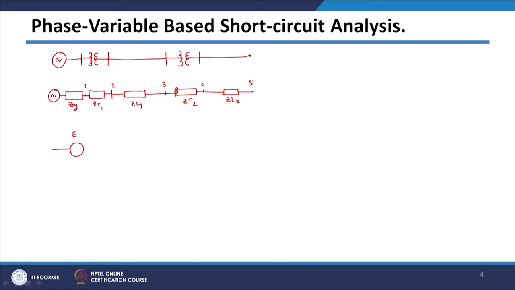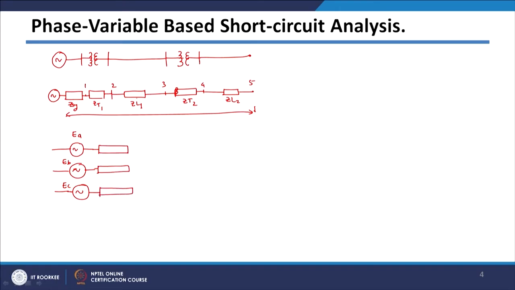So, you have this, say, EA phase, and this is your EB, and this is your, say, EC, 3 sources of 3 phases. Then up to wherever the fault is occurring, that much impedance will come into the picture. So, if the fault is occurring at point 5, all the impedances will come into the picture, and those impedances will be shown like this, and they will be mutually coupled with each other because these 3-phase branches will be